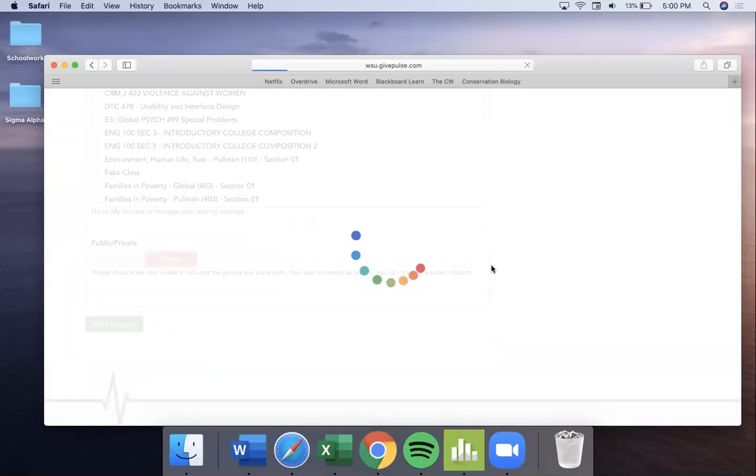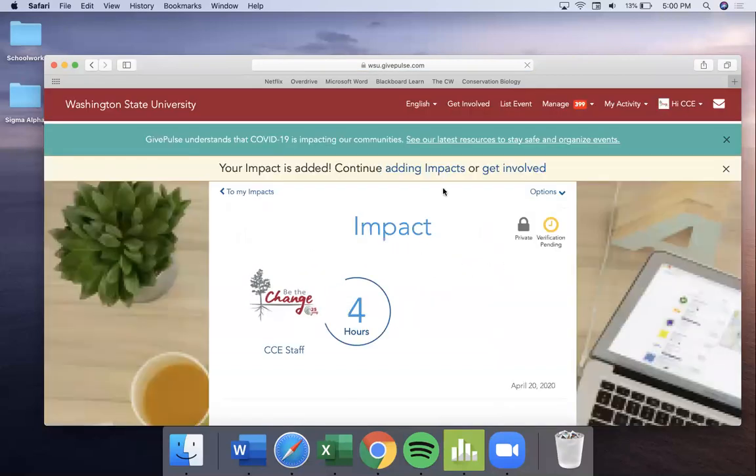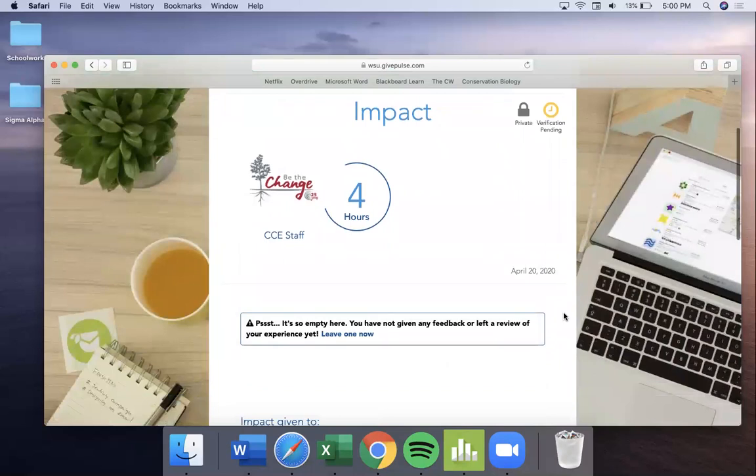And once you have submitted your impact, you will then see this verification that it has successfully been recorded. However, the community partner still needs to verify and approve the hours before it will show on your record. The CCE sends 2 reports to your instructor every semester. It is important to submit your impacts as they are being completed. And if you have any questions or concerns about this process, please feel free to reach out to